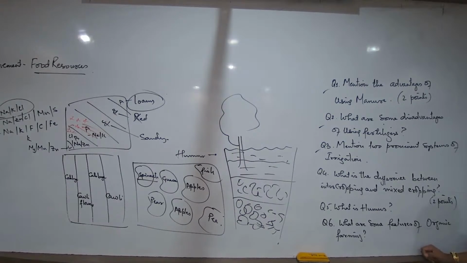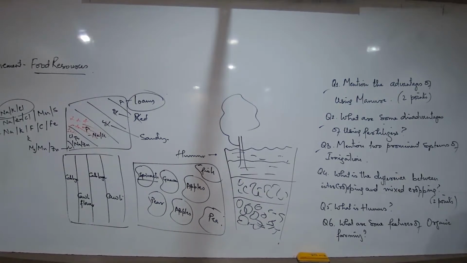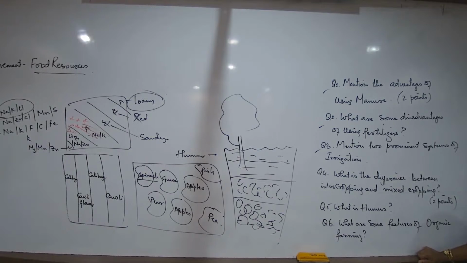Now let us write down. What are some of the features of organic farming? What are the features? Number one. Minimal or no use of chemical fertilizers. What are the features? Let us write down two or three features. Number one, the first point you write. Minimum or no use of